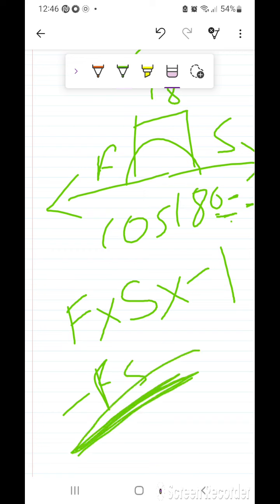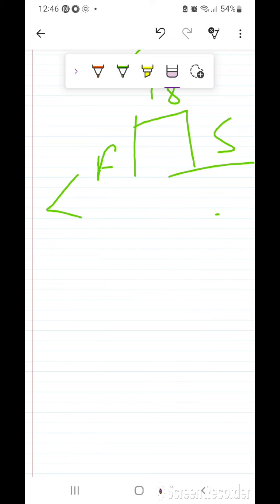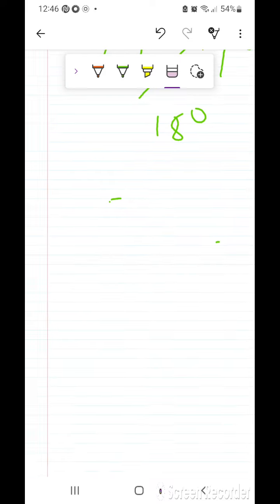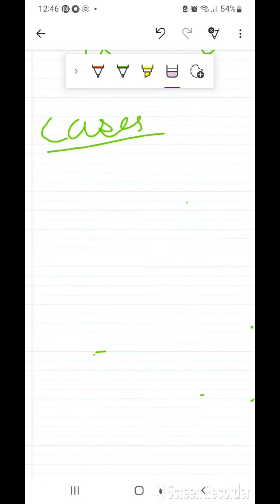Now, when is the work done 0? वर्क डन 0 कब हो सकता है? या तो फोर्स ही नहीं लगाओ, वर्क डन इज 0, या तो डिस्प्लेसमेंट ही मत लगाओ, वर्क डन इज 0, या तो एंगल 90 हो जाए।